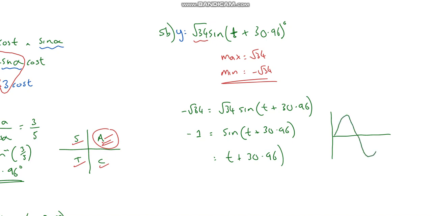You're basically saying, where is your graph negative 1? Well, it's negative 1 at 270. So I don't even really need to use my calculator for that. You could do shift sine of 1 and then look at your quadrants, where sine is negative and stuff, but it's easier just to say, okay, well, it's negative 1 at 270 degrees. Yeah, and then we're just rearranging to make